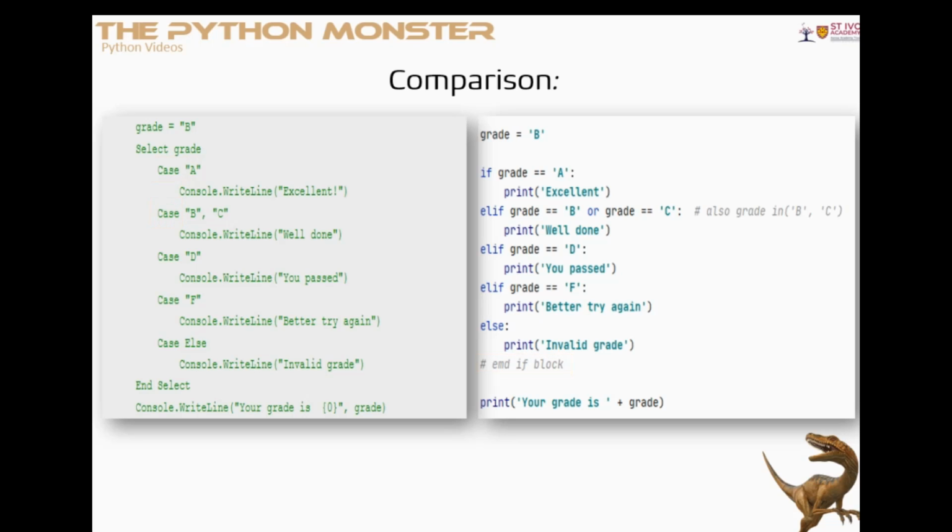So let's just get rid of these. Okay, now you will see here in Visual Basic we have two really important key phrases. At the top, select grade, and at the bottom here we have end select. Now you will see in other programming languages the keyword end is always present in all cases where there is some type of conditional block of code, like for example a basic if else statement in Visual Basic will have